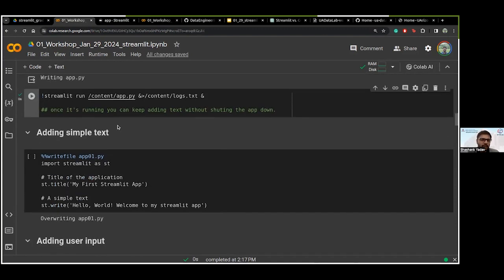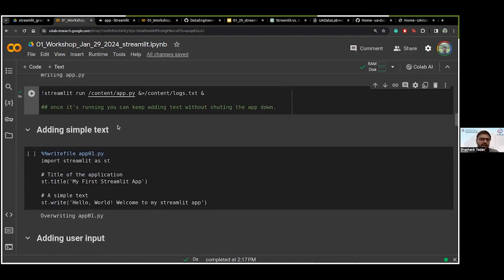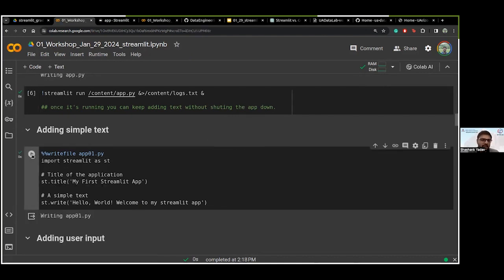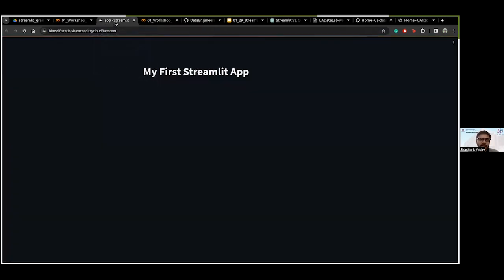Now we go to the next part, which is adding a simple text. So let's say after defining your title, you want to welcome people to your website, then you can just add a small, simple text. And then once you go back to your Streamlit app,